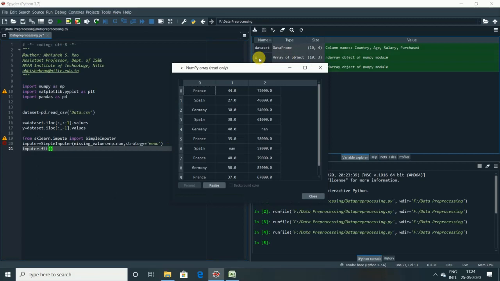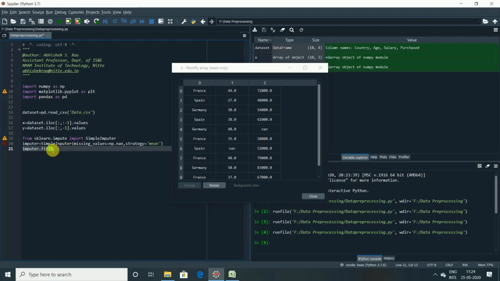So in X, you can see that I need to consider where the missing values are. Here, in the age and the salary. As I told you, you have to give the index values. So this is 0, this is 1, this is 2. That means I need to concentrate only on the first column and the second column, that is the first index and the second index. Right? So what do I need to do?